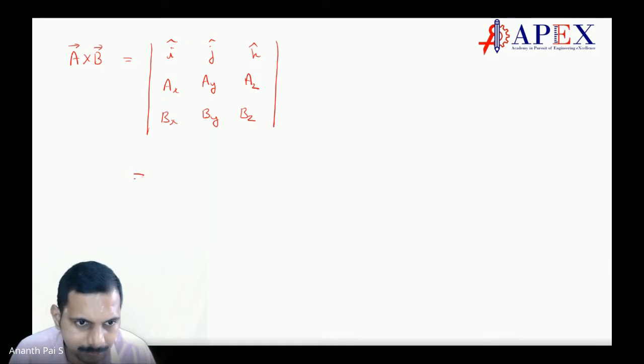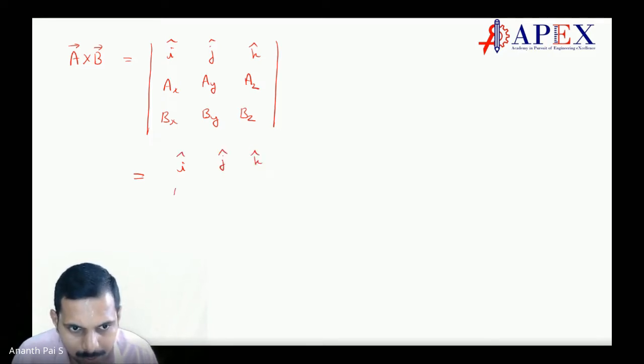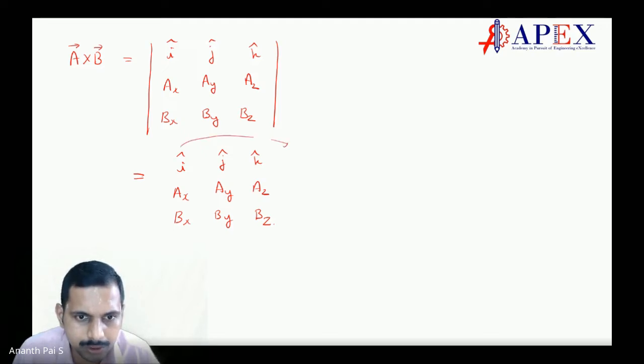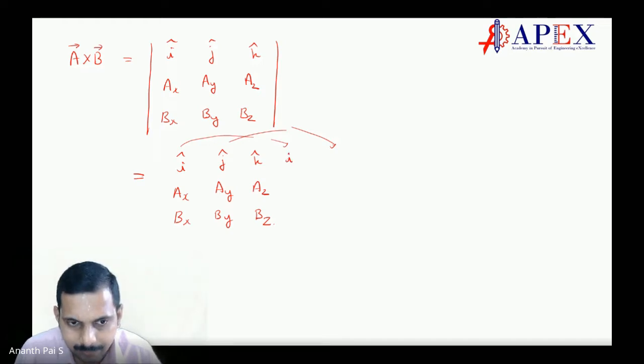There is another way. You write I, J, K, an easy way of matrix multiplication, because you don't have matrices in your GATE calculator. In your Casio calculator you may have matrix multiplication directly. You enter the things, you will get it. But when numbers are involved, you have to write these two rows here again. So we will write this as I, AX and BX, and then we will write J, AY, BY.